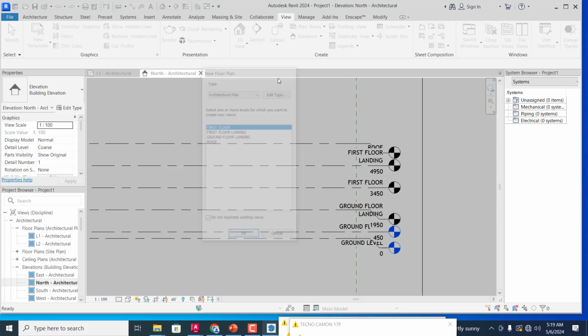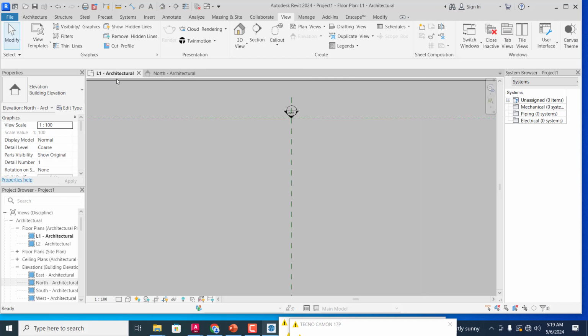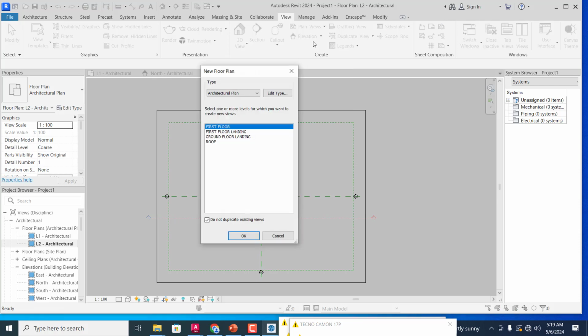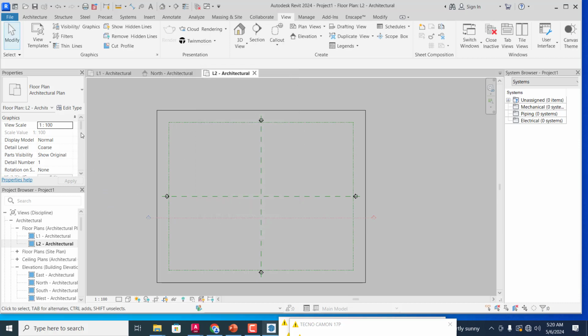The reason is because by default the software will automatically generate some levels for you. Now you can see this is one of the levels by default, level 1, and this is another level, level 2, which is actually created by the software. So when you come under your view trying to include your ground floor level, it will most likely not show here. So it is important that you delete that, because if you come down here at the left hand corner of this screen under your project browser,